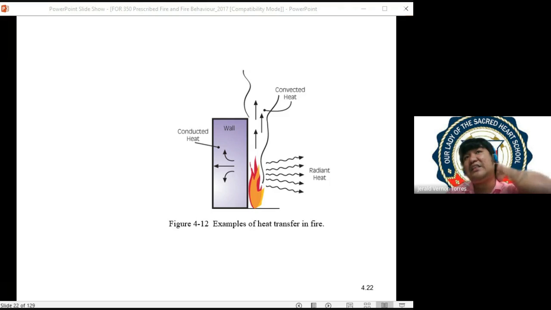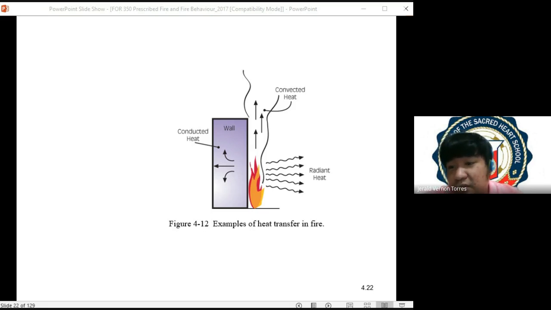Now, di ba kayo nagtataka bakit pag merong fire, minsan nadamay yung mga katapat na bahay, isipin nyo magkaharap lang, pero pwedeng masunog yung katapat na bahay. It's actually due to the fact na aside from conduction and convection, meron din tayong radiation. So pwede tayong mag-radiate ng heat energy from one building to its adjacent building. And with too much heat energy transferred, pwede rin yun mag-cause ng flashover. And after this flashover, doon na tayo magkakaroon ng tinatawag nating fire. So fire is due to enough temperature to cause ignition, or maabot yung tinatawag nating flashover temperature ng fuel.